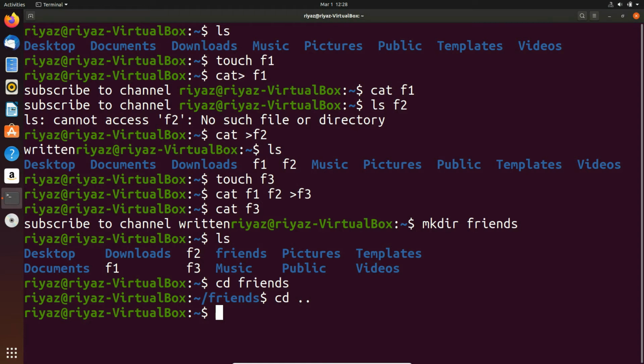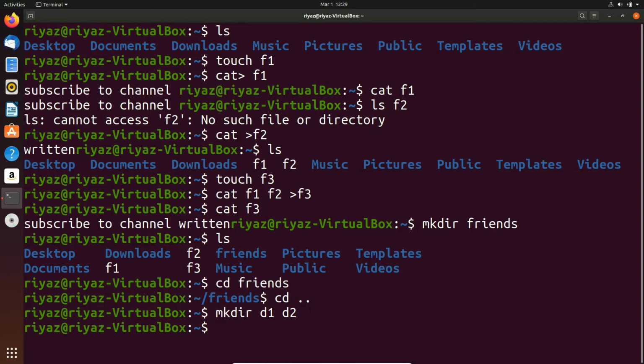Now coming back to the solution. Use touch directory 1, sorry, no, touch is used for making files. For making directories use mkdir d1. You can actually use the syntax of touch for creating multiple files, and in this case we are creating multiple directories.